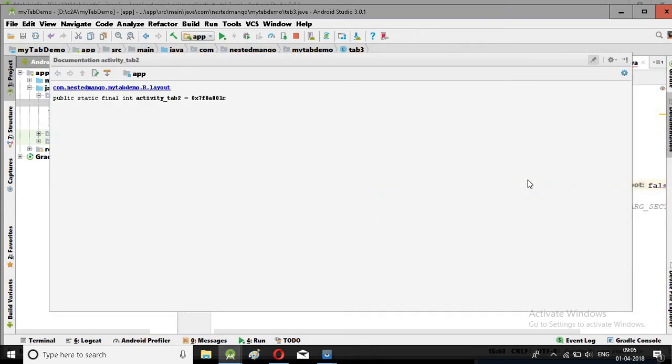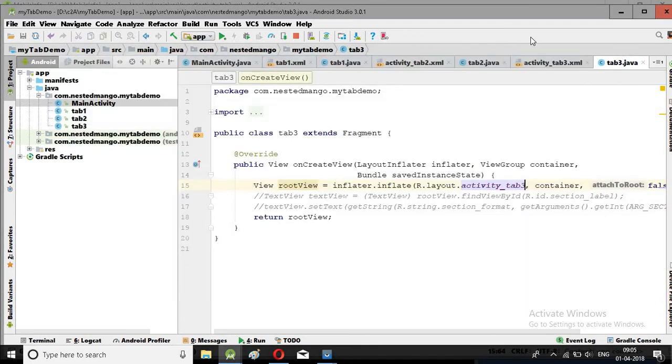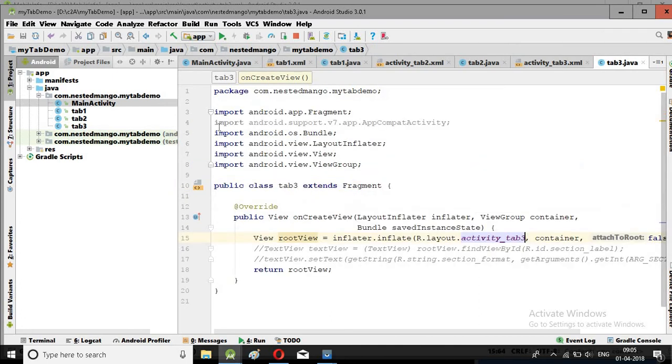This is our tab 3. So we have done all the work in our Java class. There will be one problem in the Android app fragment when we work in this, so we'll change it. So first let's see our